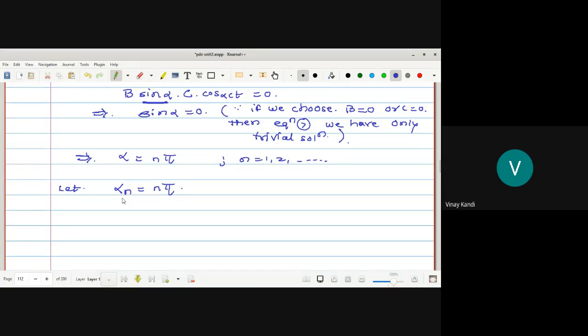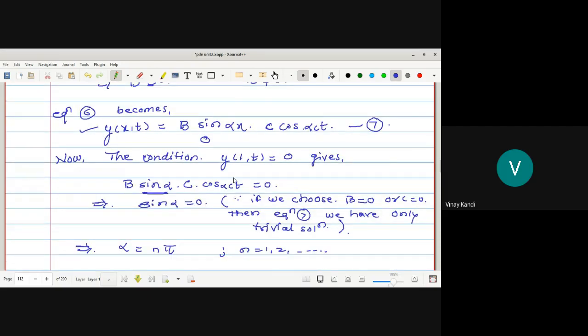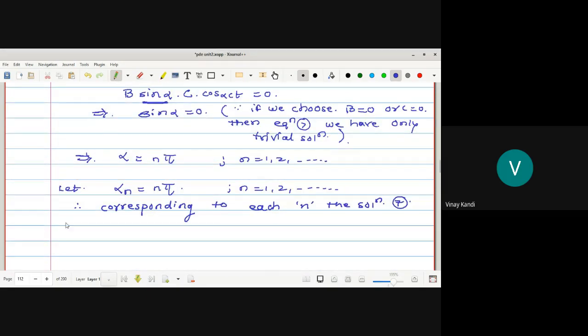That's why we have taken alpha n is equal to n pi, where n runs from 1 up to so on. Therefore, corresponding to each n, the solution 7, that is equation number 7, becomes,